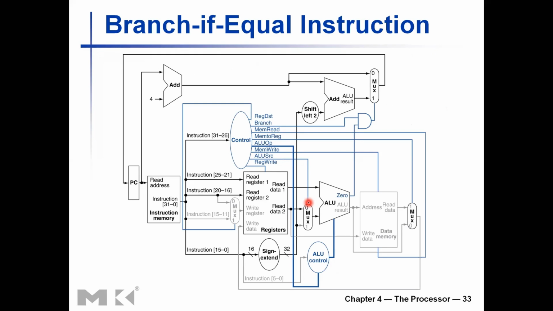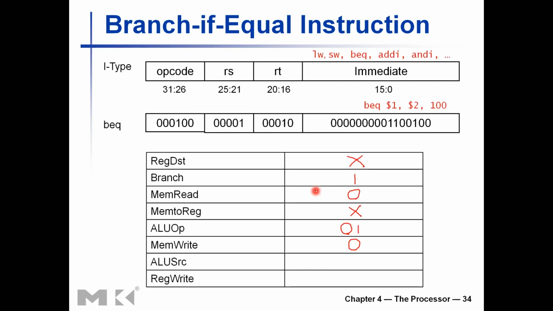It should be 0. Should be 0 because we are taking the 0 input register file read value into the ALU, that is the second operand, not the immediate value, right? We do have an immediate value in the branch instruction, but that is to manipulate the program counter. That is the address offset. It doesn't go into the ALU. ALU does a subtraction on the provided 2 registers, right? So ALU source should be a 0